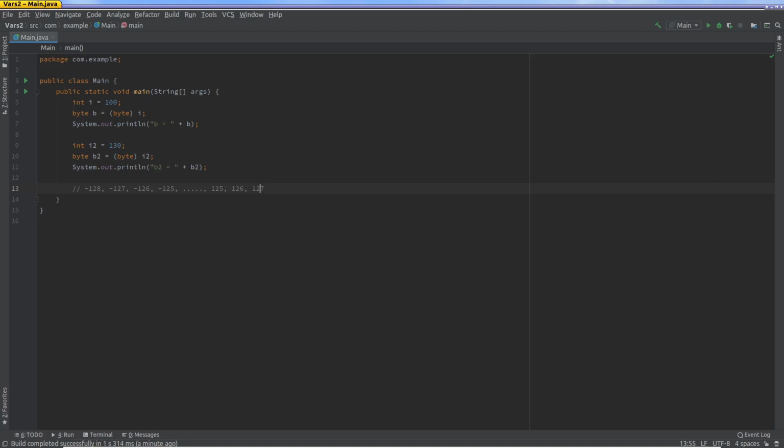So this is the range, that is -128 to 127. Now I'm focusing really on byte and int, but this would be the same concept for short. If you took an int which was too big to fit in a short, it would work the same way.